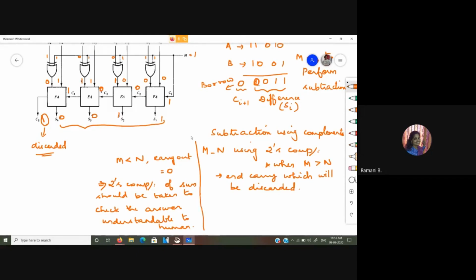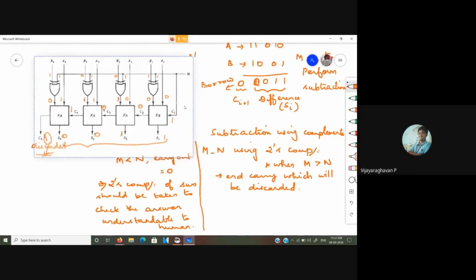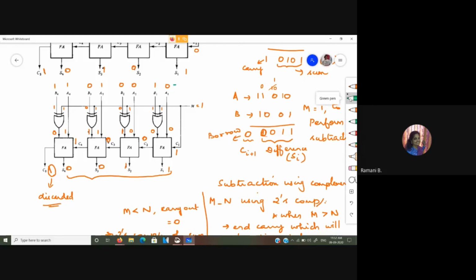Okay. Do you understand this? Like how do you enter the input and get the output? These values are the examples with respect to this A and B, right? You understand that? Yes, ma'am. Now, to perform subtraction operation, we consider M is equal to 1, right? Here, with respect to the XOR gate, all the XOR gates have one of the inputs as this M input. So I have given all these inputs to be 1. Right?